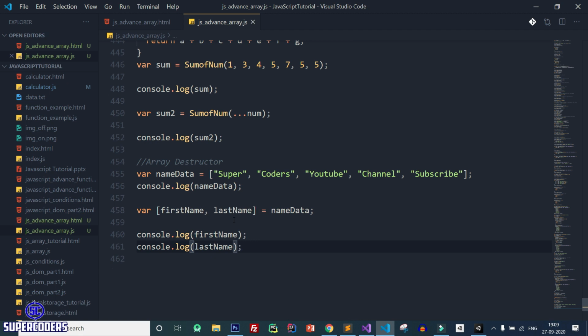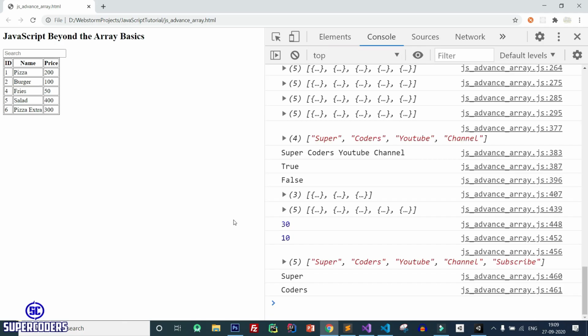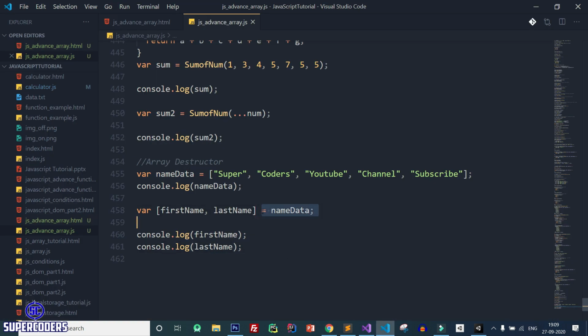Save it, back to Chrome, refresh the page, and you can see you can extract the data from the array using array destructuring. This is the example of array destructuring. You can access the values from the array directly. I access the first item by using this simple expression. First accesses this item, super, and last accesses this item, coders.